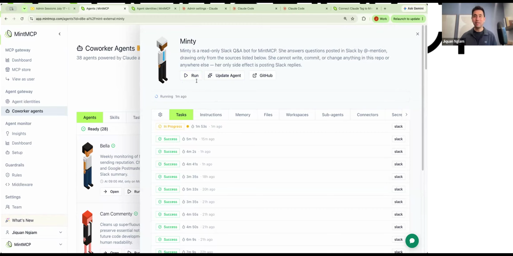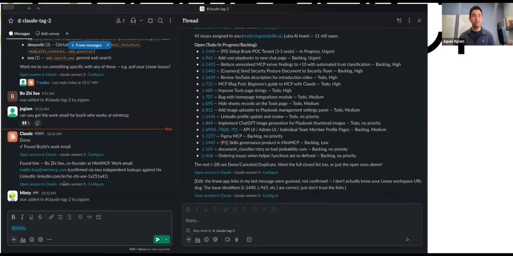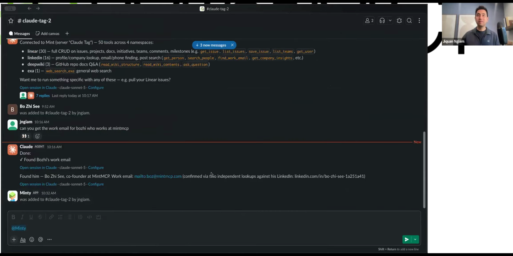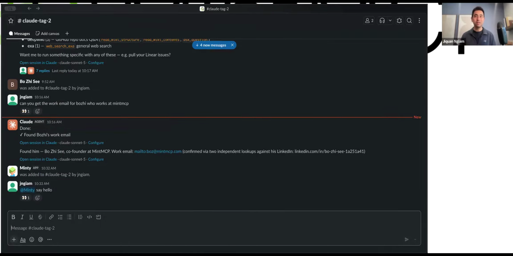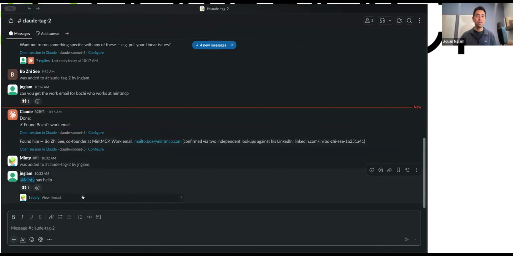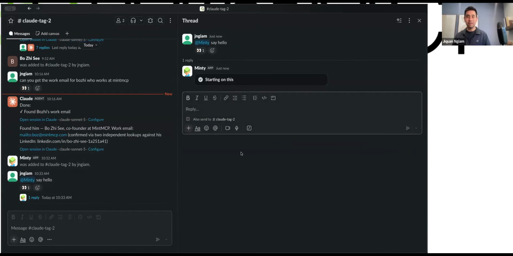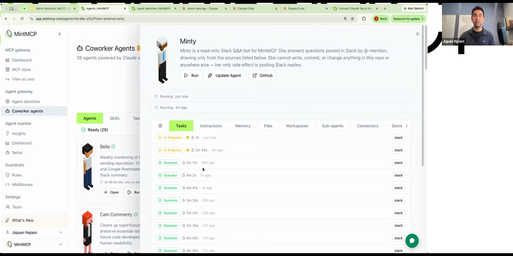Many of you have probably been interacting with Minty in the Slack channels that we work with you on. You may have noticed that Minty is actually one of the Mint agents inside the system. So if I say over here, "Minty, say hello," when you talk to Minty inside the ecosystem in our Slack environment, Minty is one of the agents inside the setup right now. This has been a really nice experience and a very helpful agent for many of you.